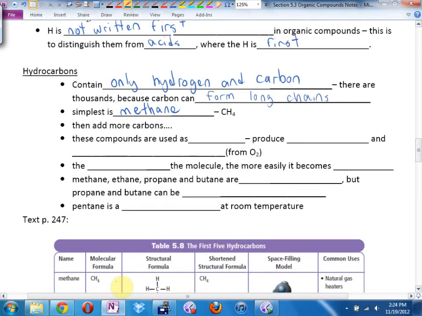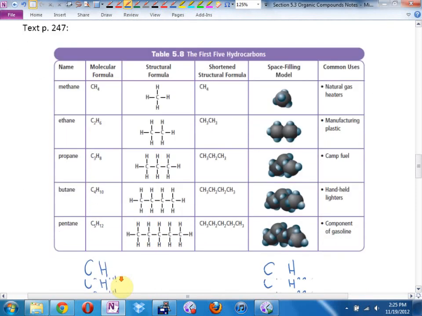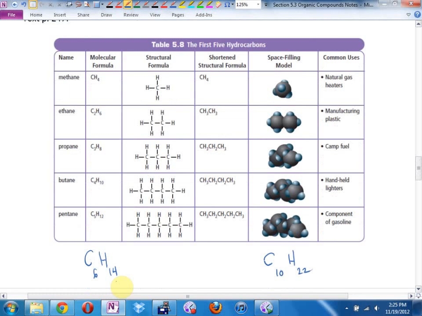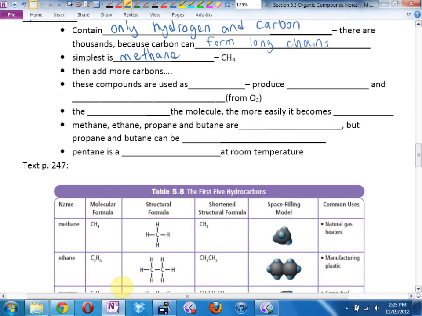Let's go back to here. You can keep adding more carbons. I showed you the first 6. Oh, they go on forever and ever and ever. But they're used all over the place. Certainly you all see where these are used in gasoline and fuels. We use them all over the place. They burn good, and they're a controlled explosion. They burn not so fast like the alkali metals where you're going to damage stuff. Nice and slowly, we can control that. Ooh, we like. Oh, they also pollute. We'll come back to that in a bit.